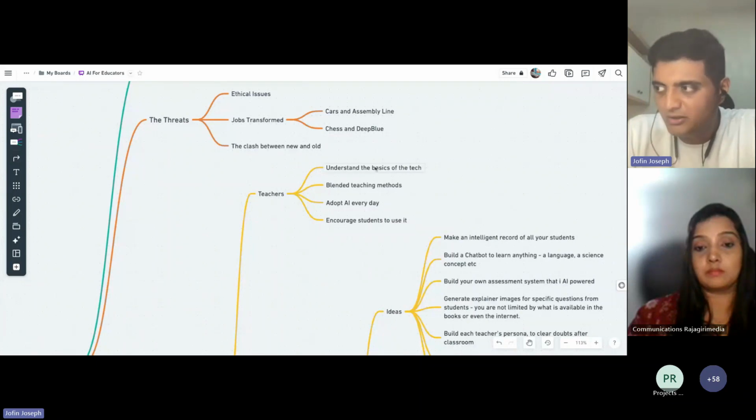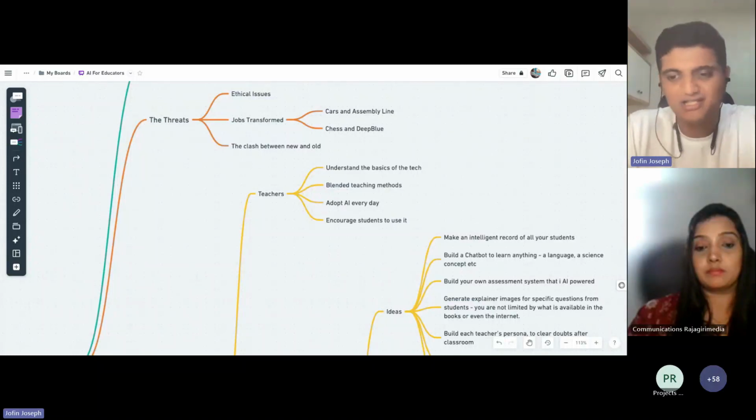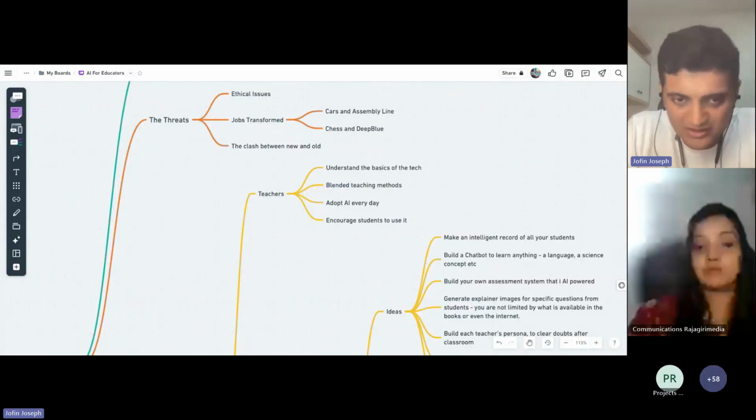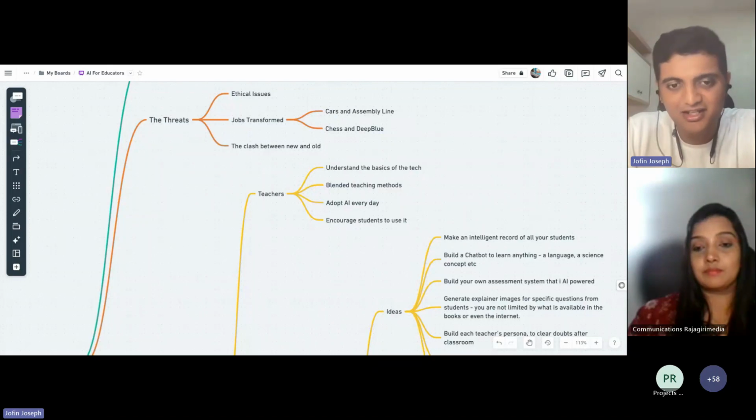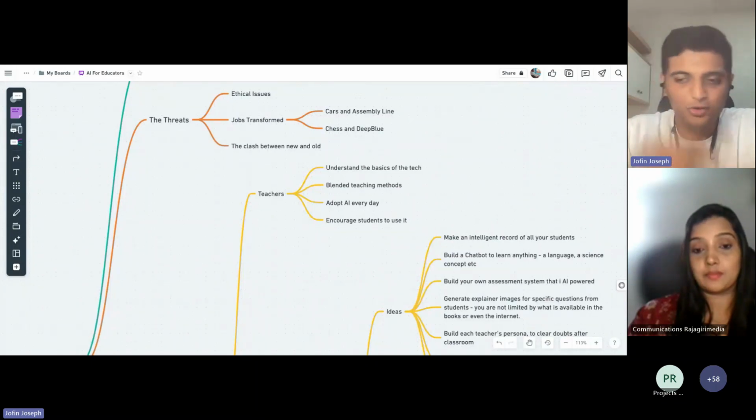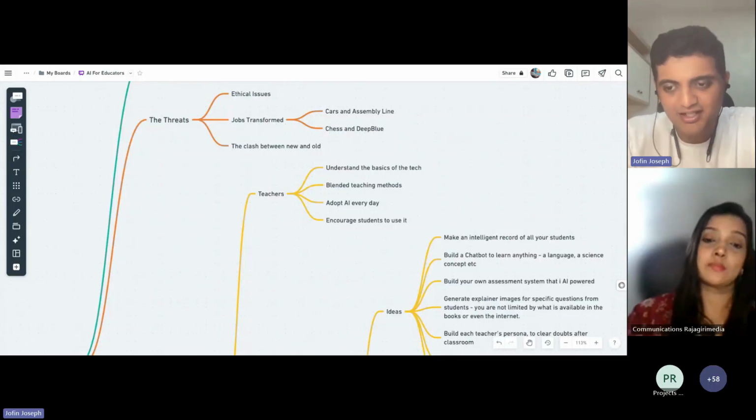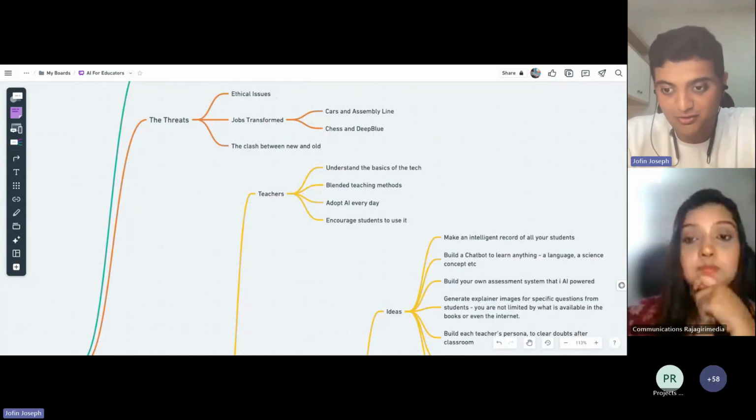The second is to include blended teaching methods into your systems, right? So start using ChatGPT. I mean, that's the simplest step that you can actually make, right? So every day while you prepare your lesson, you're preparing for your next day's lesson, right? You might have been doing this for many years now. You might know how to actually deliver it in an amazingly great way.